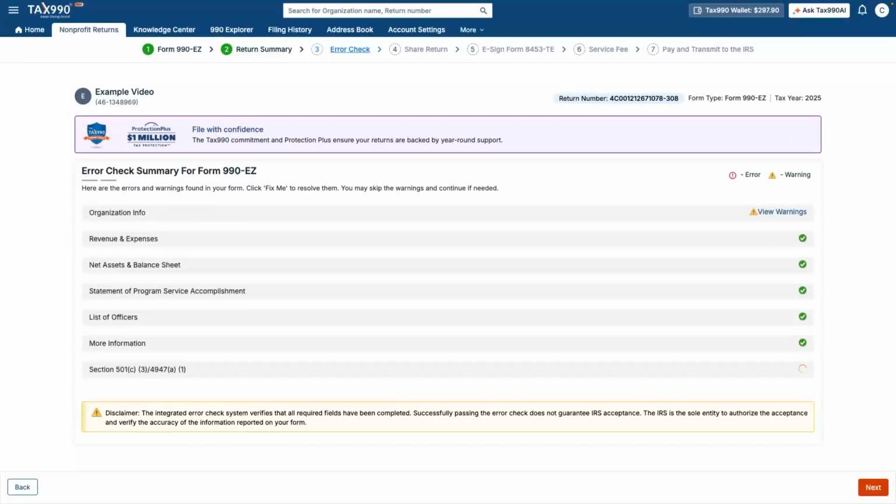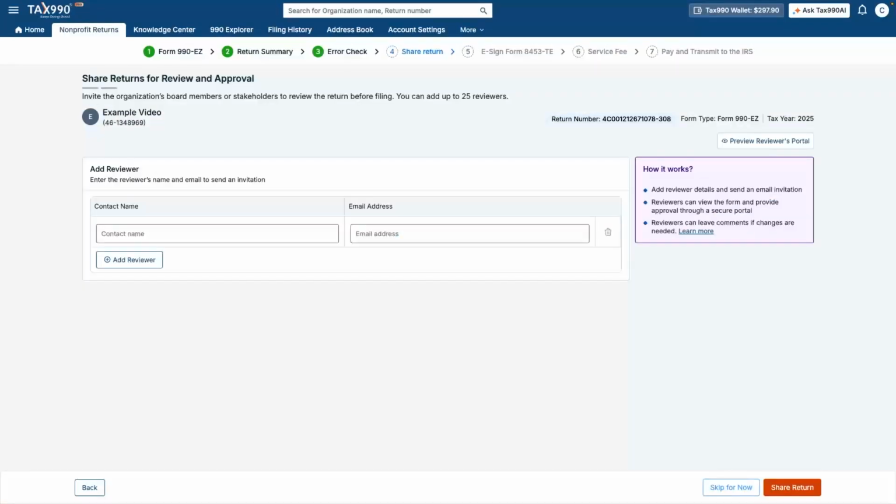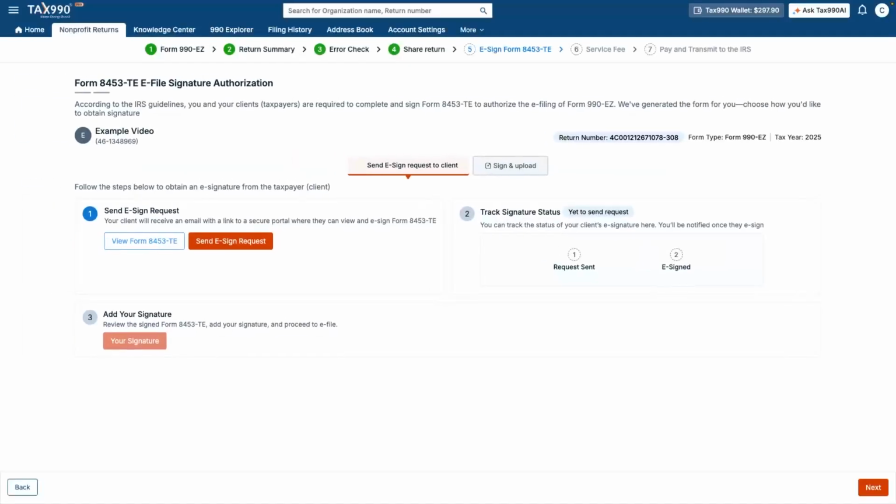Once the system completes its error check and any issues have been reviewed or resolved, you will have the option to share the return for internal review before moving ahead with filing. This step is helpful for transparency and oversight, but if you need to file quickly, you may choose to skip it and continue. Before the return can be electronically filed, IRS rules require an authorized signature on Form 8453-TE, which